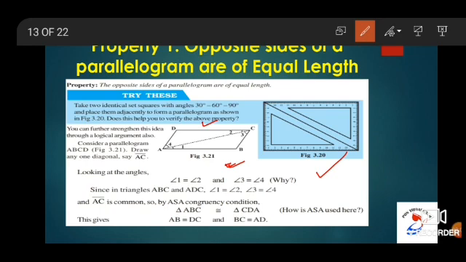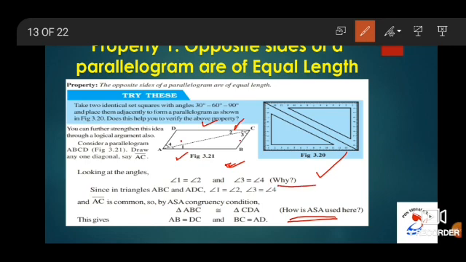We have learned the congruence of triangles in class 7. I think you remember what is congruency. And these two triangles are congruent to one another by ASA congruency. What is ASA congruency, children? ASA congruency is nothing but angle, side and angle. Look at these two triangles, that is triangle ABC and triangle CDA. In both the triangles, angle 1, see I have marked here, that is angle 1 is equal to angle 2. And similarly, angle 3 is equal to angle 4.